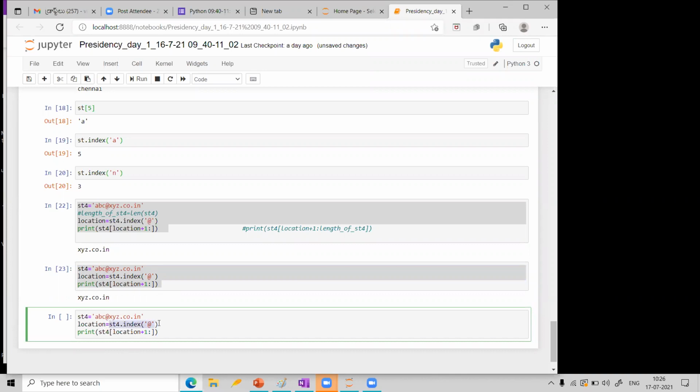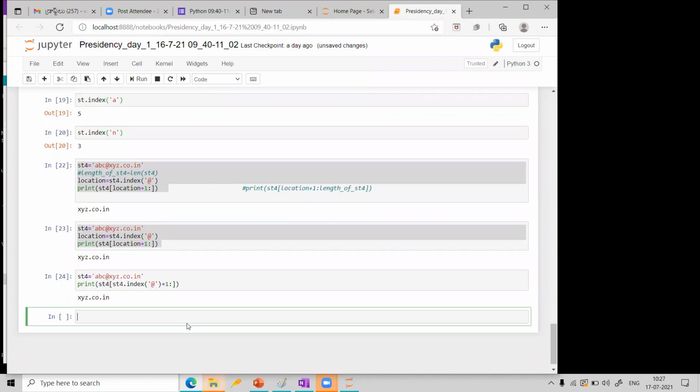See, this part I will copy directly here. Instead of writing location, I will simply write like this. I can remove this line. Now let us see what is going to come. Same answer. I hope you are able to understand now. We are reducing the length of the code. Initially we wrote 4 lines, afterwards we made 3 lines, now it became 2 lines. Now let us make 1 line.